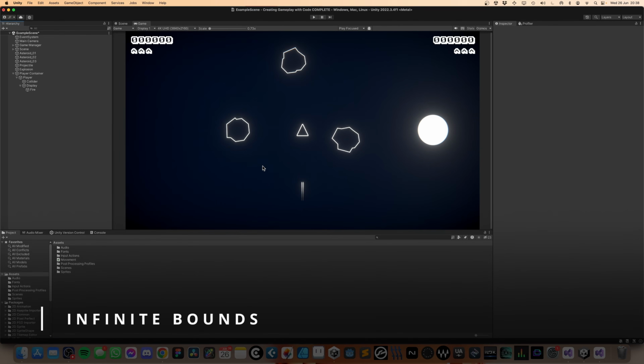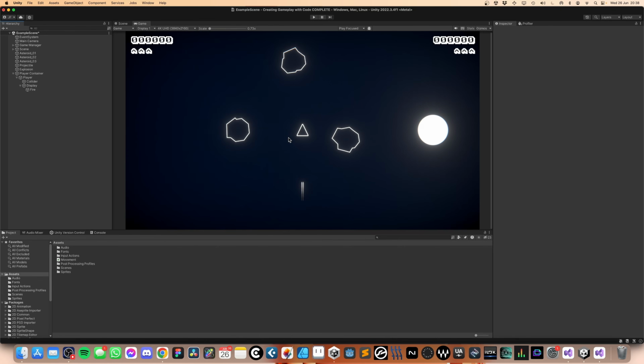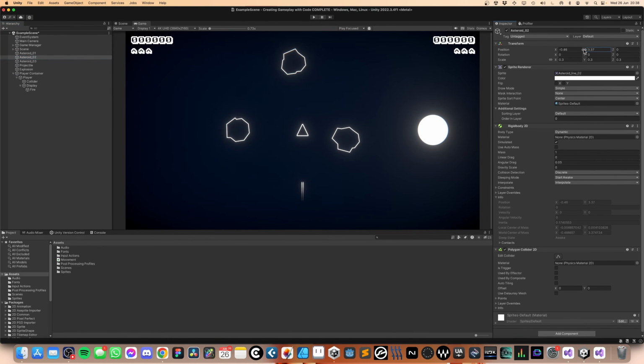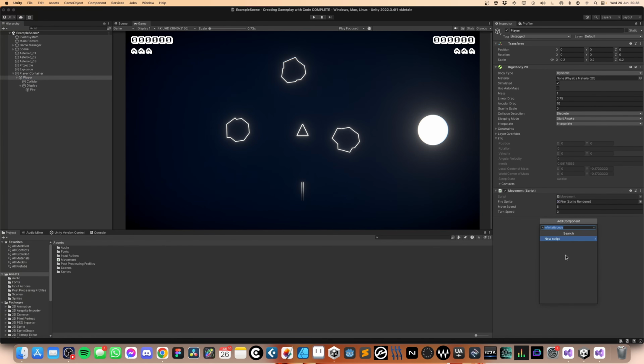Okay, the next thing I want to do is the physics objects in the game, so the player and the asteroids. I want to move them to the other side of the screen if they exit the bounds of the viewport. So, for example, if I take one of these asteroids, say if this moves out the top, I want it to just come out the other side. And I want that to happen for all of the physics objects. So I'm going to do that with a script. I'm just going to put it on the player first, and then I'll add it onto the asteroids. I'm just going to call it infinite bounds